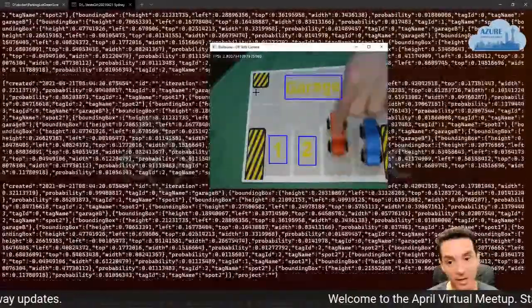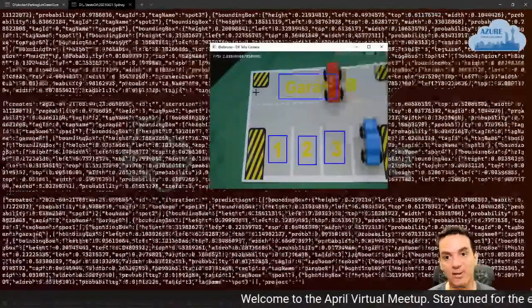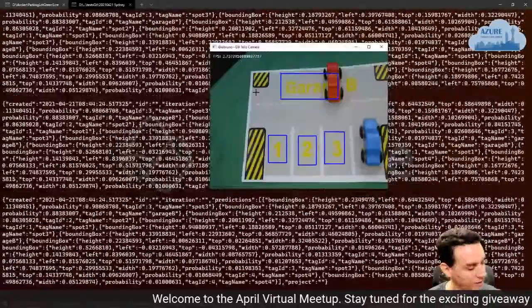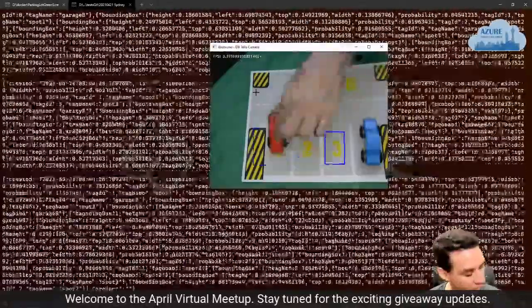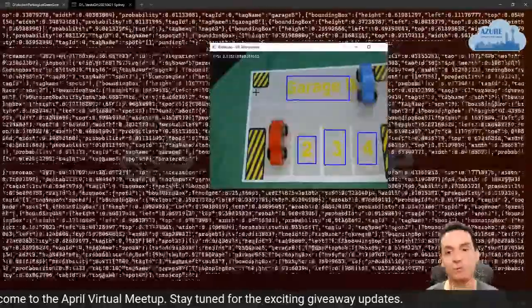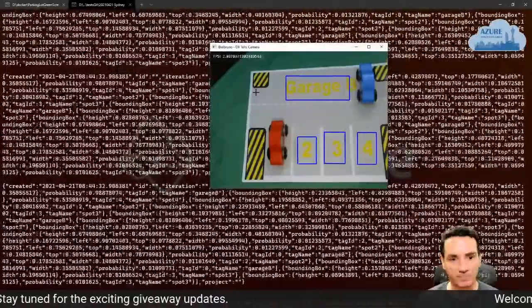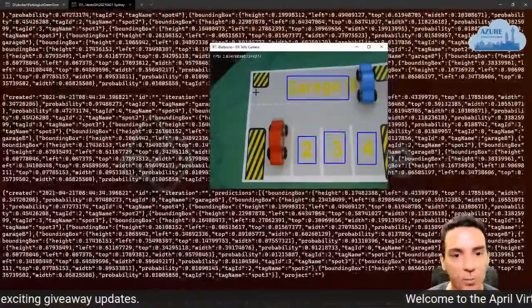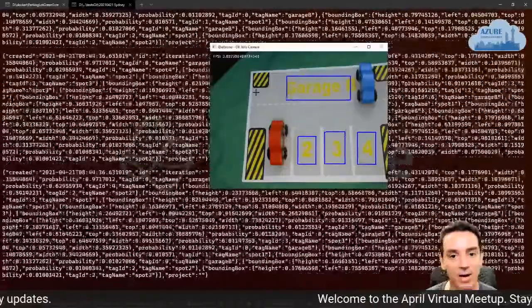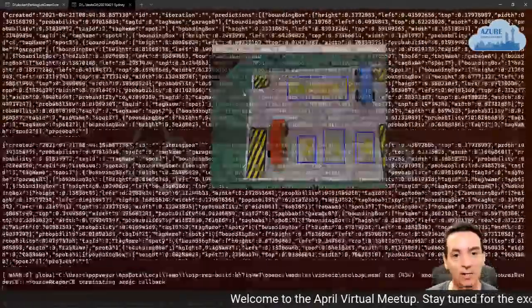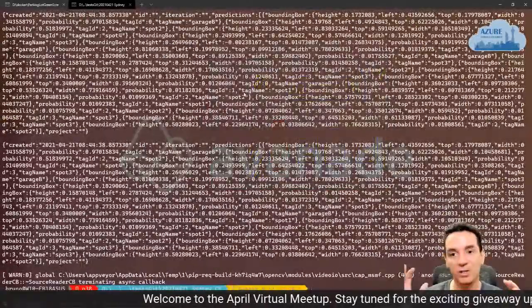If I move my car out, now I have the 3 detected, the garage is still there. Let's park this in the 1. Let's move out this one. You have 2, 3, and 4. So it's doing this. It's working also kind of fast, 2.63 frames per second, which is kind of nice. But again, remember, I am using this locally.